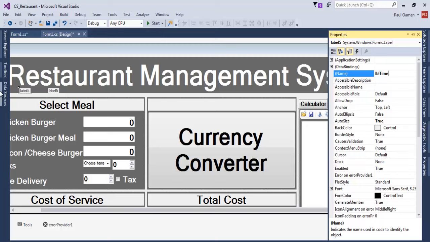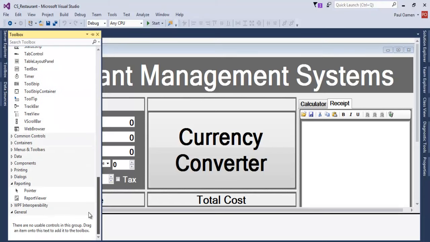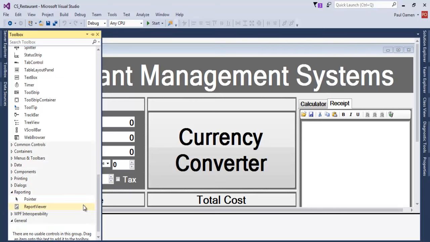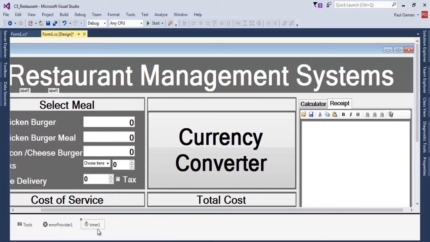Alright, now let's get a timer. We need a timer to get that date sorted. Right there, double click on timer and you should see a timer right underneath here. Then we now double click on our form